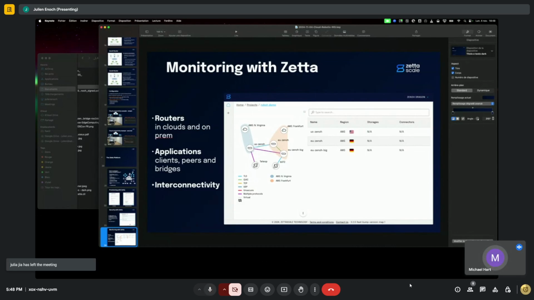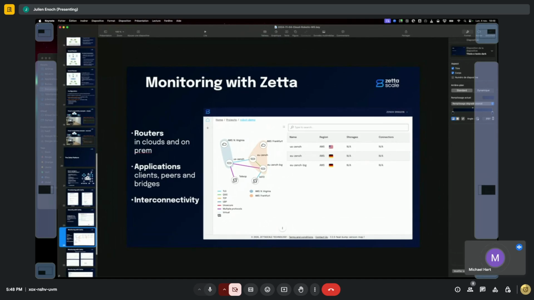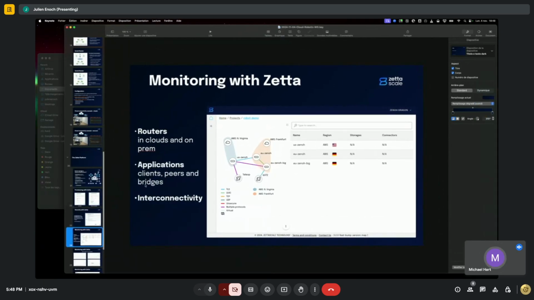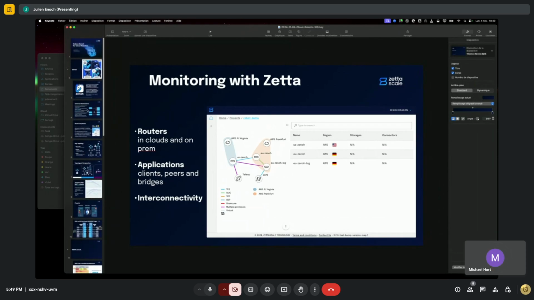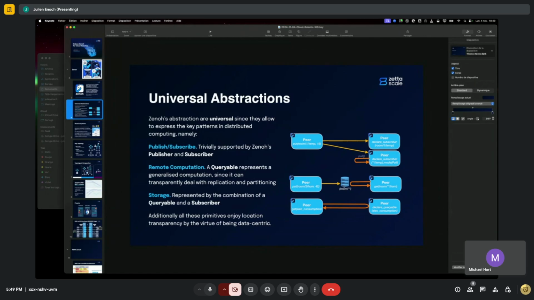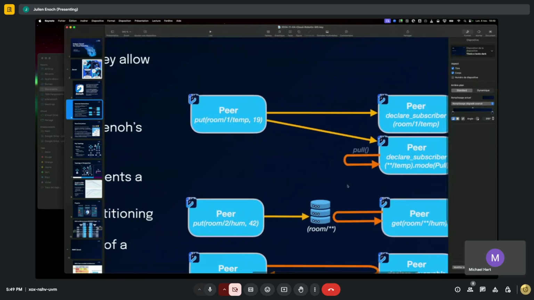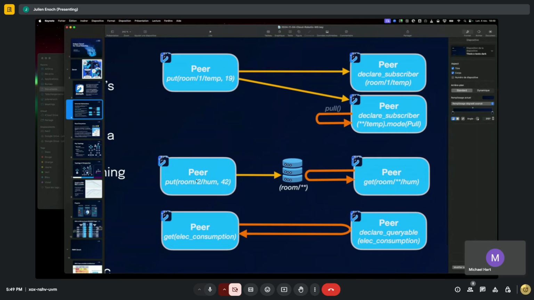I've got a couple more questions. One is about your storage plugins. I wondered if you can configure them to store particular topics without having to write code to do put requests or anything. Yeah, absolutely. So here, for instance, in this example, you get some publication on a key expression, which is